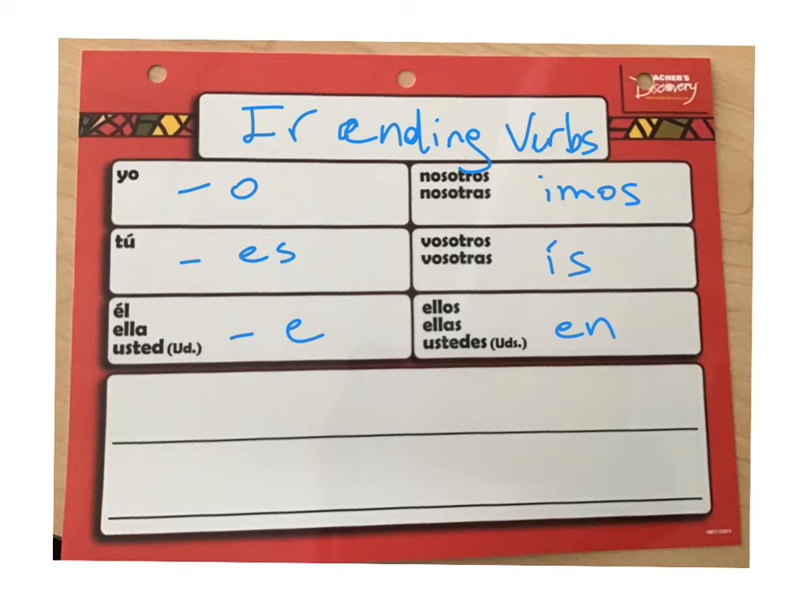So I just wanted to highlight here for you guys. If you can see here, the only ones that actually end with an I, like here, are the nosotros and vosotros. And the rest of them are exactly the same as the ER ending verbs, okay? Cool. So let's go back now and say that this group are the regular